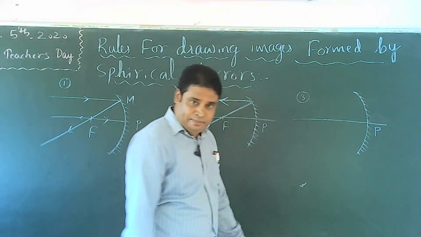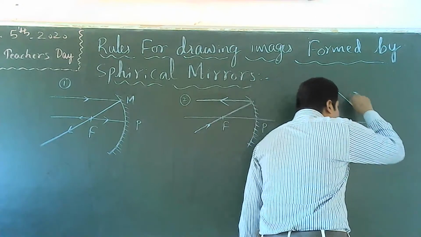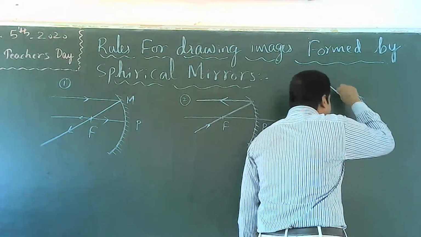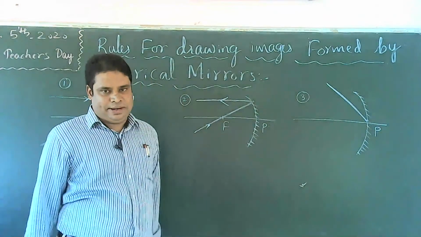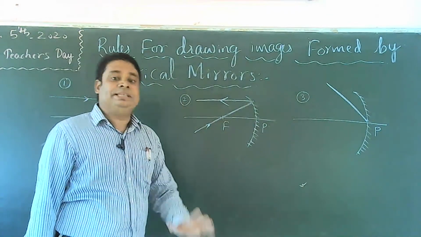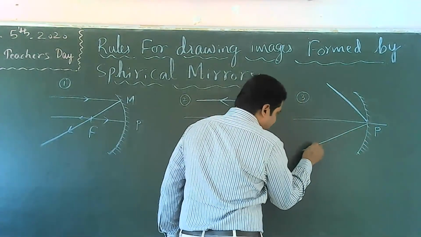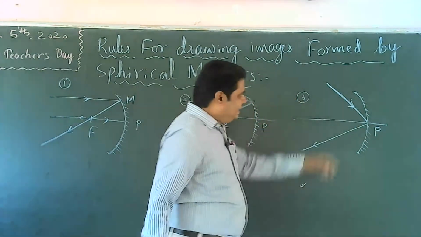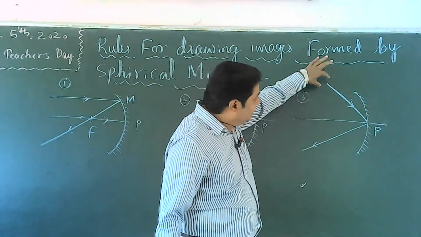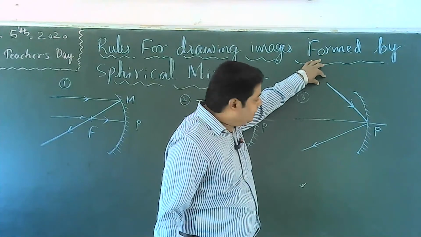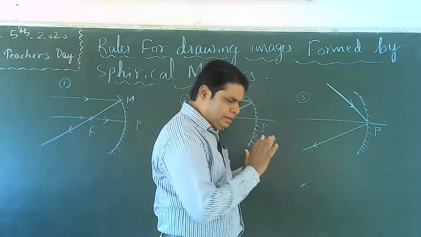Imagine a beam of light, a ray of light is allowed to fall exactly at the pole. When it is incident on the pole, it will reflect in this fashion. This is the incident ray, this is the reflected ray. When a ray of light from an object is allowed to fall on the pole, it will follow